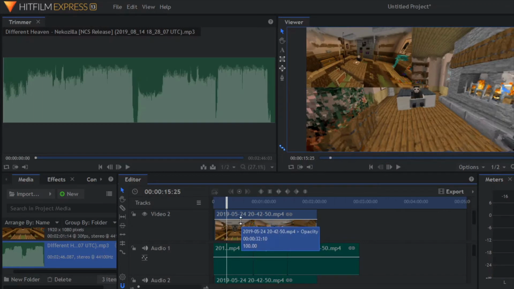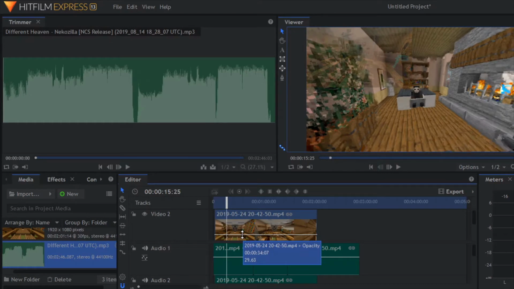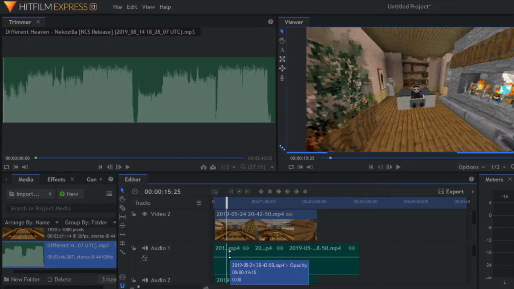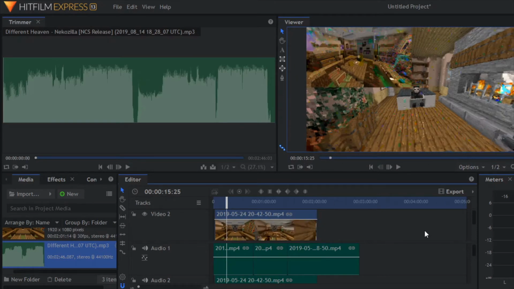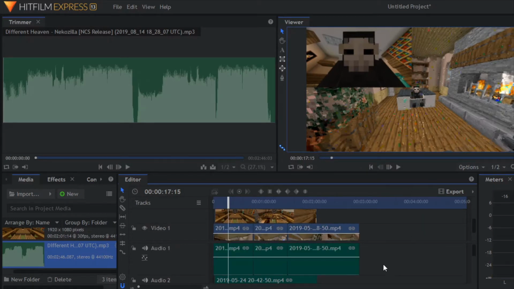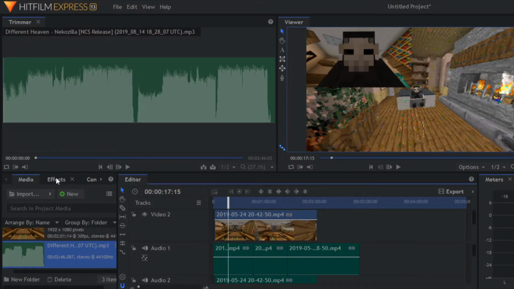And as you can see here, there's also a slide bar in the videos. This says 100 here. This is actually the opacity. So this makes it more transparent or less transparent. This is 0% transparency, and then this is 100% where you can't even see it at all. So we just want to bring it the whole way up right now because we don't want it to be see-through. So next step on the agenda, let's see, we can probably add some kind of effect